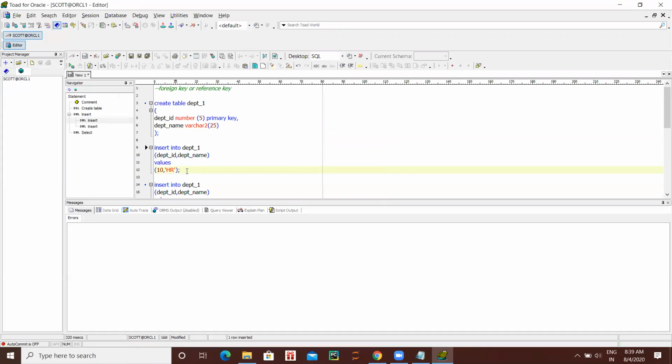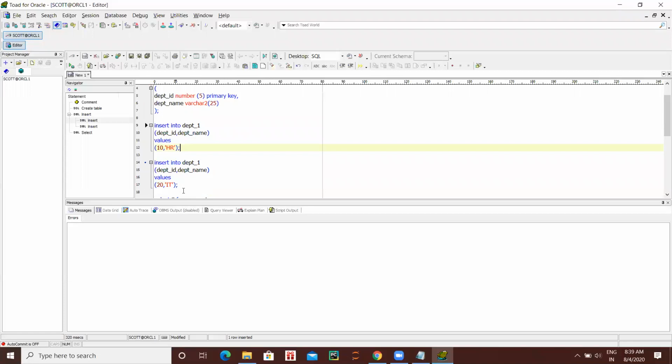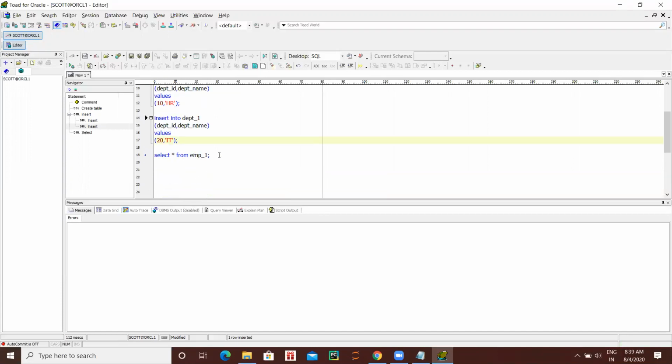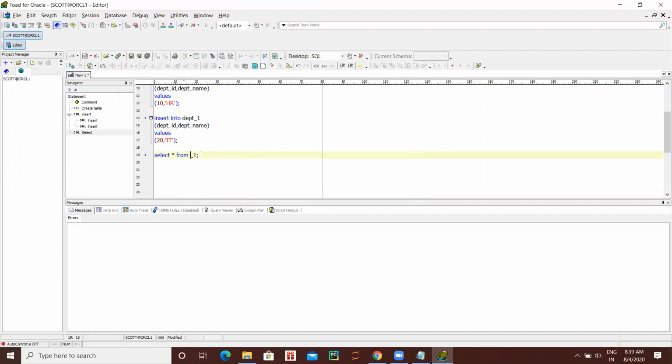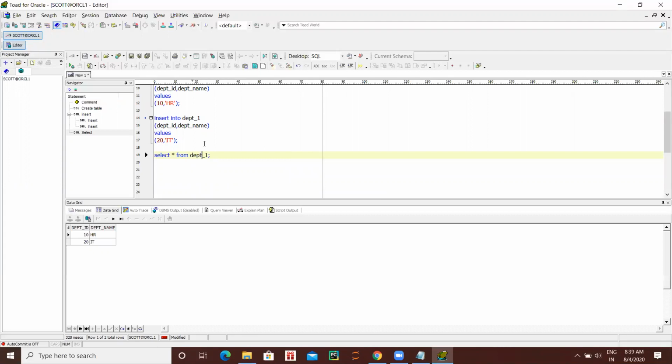Now run the next insert statement below it. Perfect. Now run that. Select star from department one, sorry, that is DPT one.